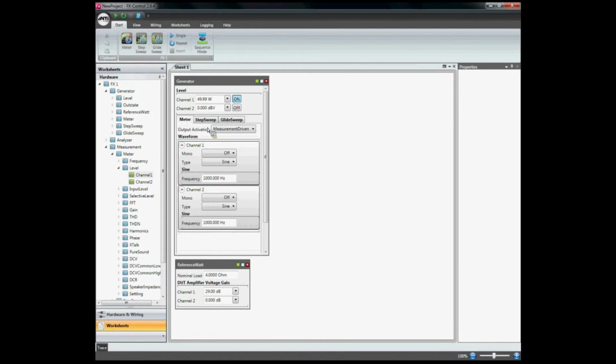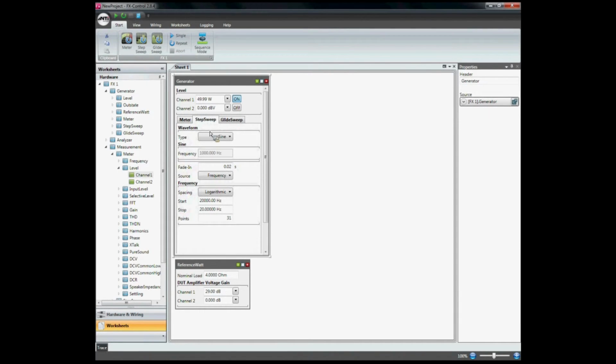For that purpose, we activate here the step sweep, and we want to measure the linearity of the amplifier. For that, we have to change the step sweep mode to amplitude sweep. This means we are generating a stepwise increasing output voltage of our FX100, which is the input voltage of the amplifier.